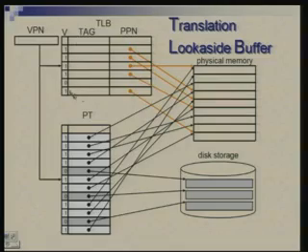So, imagine this as an associative memory where there are three things: a valid bit, a virtual page number field and a physical page number field. With the given virtual page number of an address, we look at all these simultaneously. If it matches somewhere, we simply pick up the physical page number and make access to physical memory. If we do not find it here, then of course we go through the usual process of translation through the page table. So, the page table will always help out, but the TLB will have incomplete information, but hopefully the relevant part will be there.